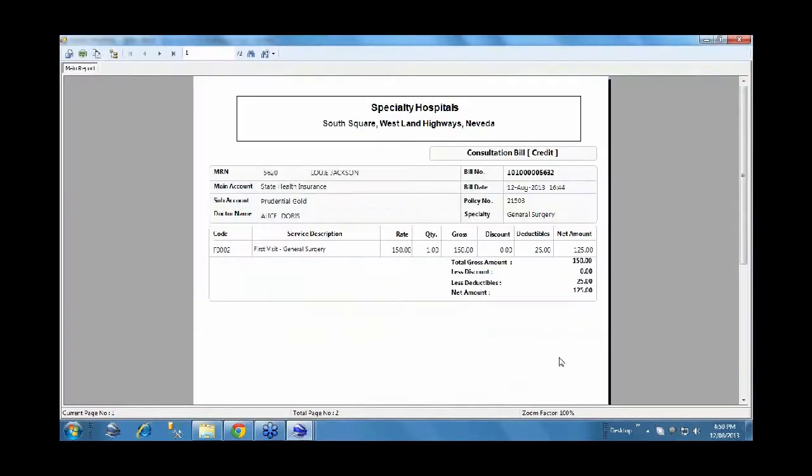Now we will save the information, and once you save, there will be two bills generated, one for credit and another for the cash. You can see that breakup here, and there will be a second bill generated for the cash part of it. See the number of prints here as 1 or 2. This is the first page. The second page is cash. We can see that here, consultation cash.